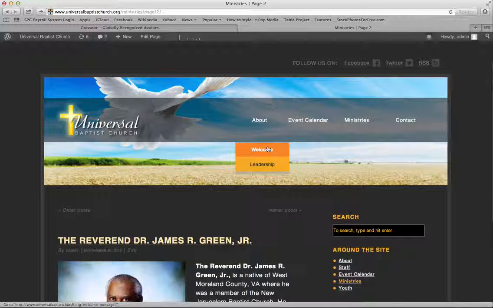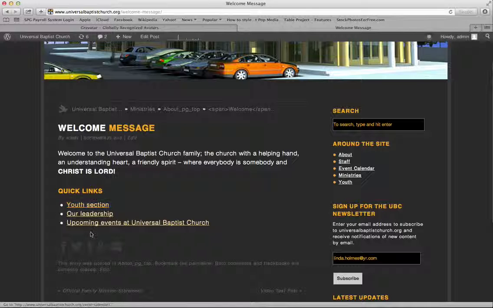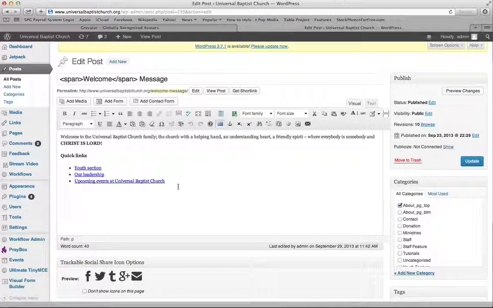How about we put it on the welcome page? Whenever I go to welcome, I'll have my welcome message as well as quick links, which I can modify at any time, and I can even insert images and galleries. But we want to keep this area simple. The welcome message is a good place to point people back to other information. So let's click in here and put a return. We're still in our list. And let's say,